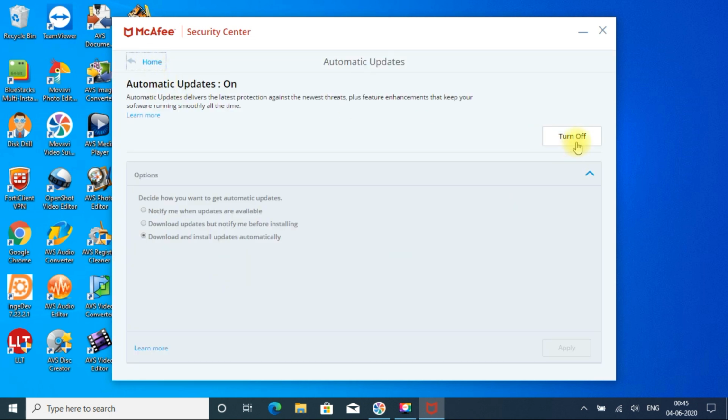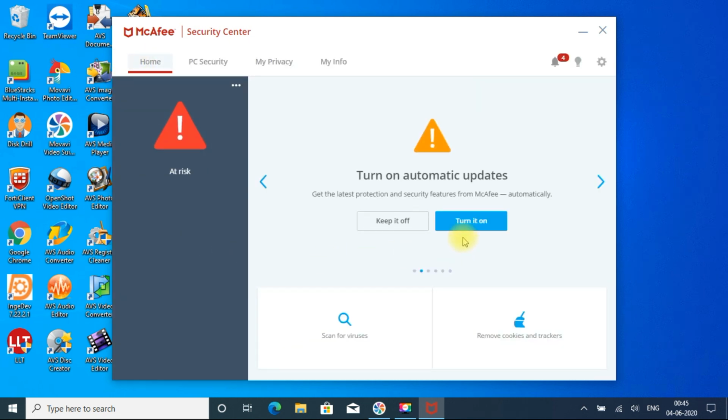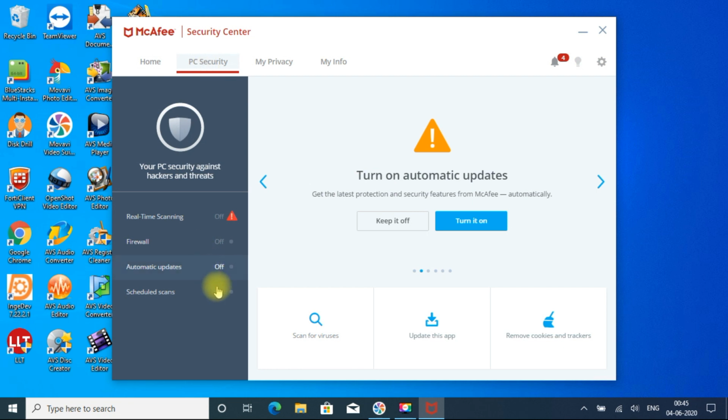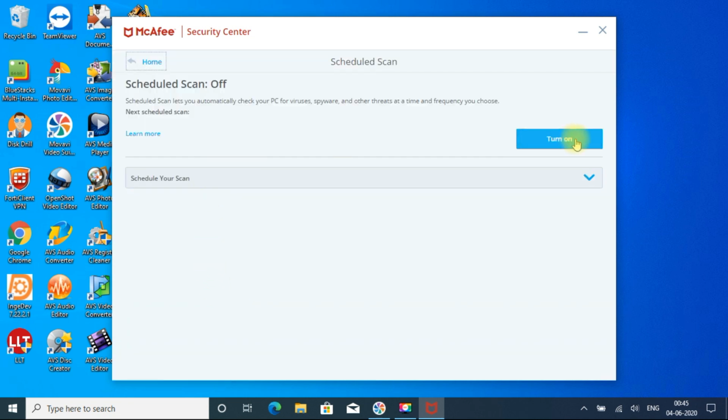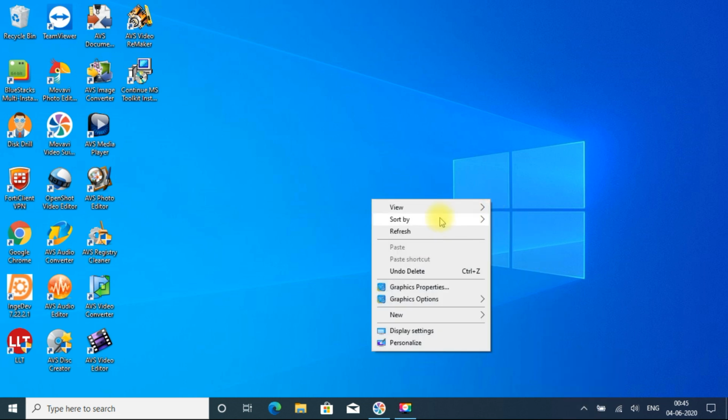You can turn that off also temporarily, and Scheduled Scan also will be there. If it is turned on, you can turn it off. So now we have almost disabled all the services, antivirus, firewall, everything in McAfee temporarily.